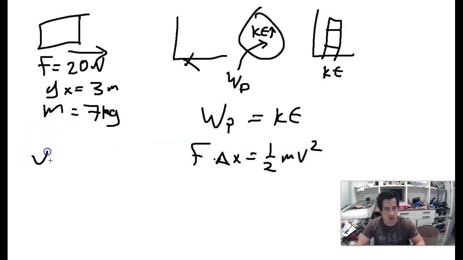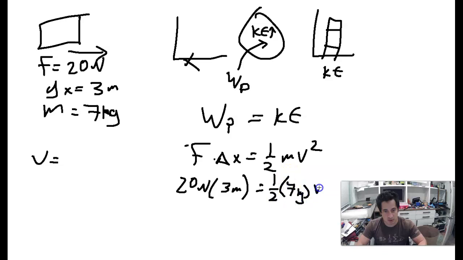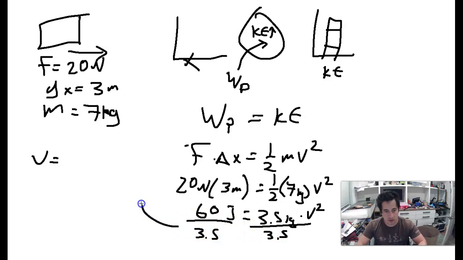So we can solve now for the velocity of this object. And so we'll say, okay, the force is 20 newtons, the displacement was 3 meters, the mass of this object is 7 kilograms, and we're solving for v. So 20 times 3 is 60 joules of energy that was added. 1/2 times 7 is 3.5 kilograms, and then we have the v squared. So we'll divide 3.5 to both sides, and 60 divided by 3.5 is going to be